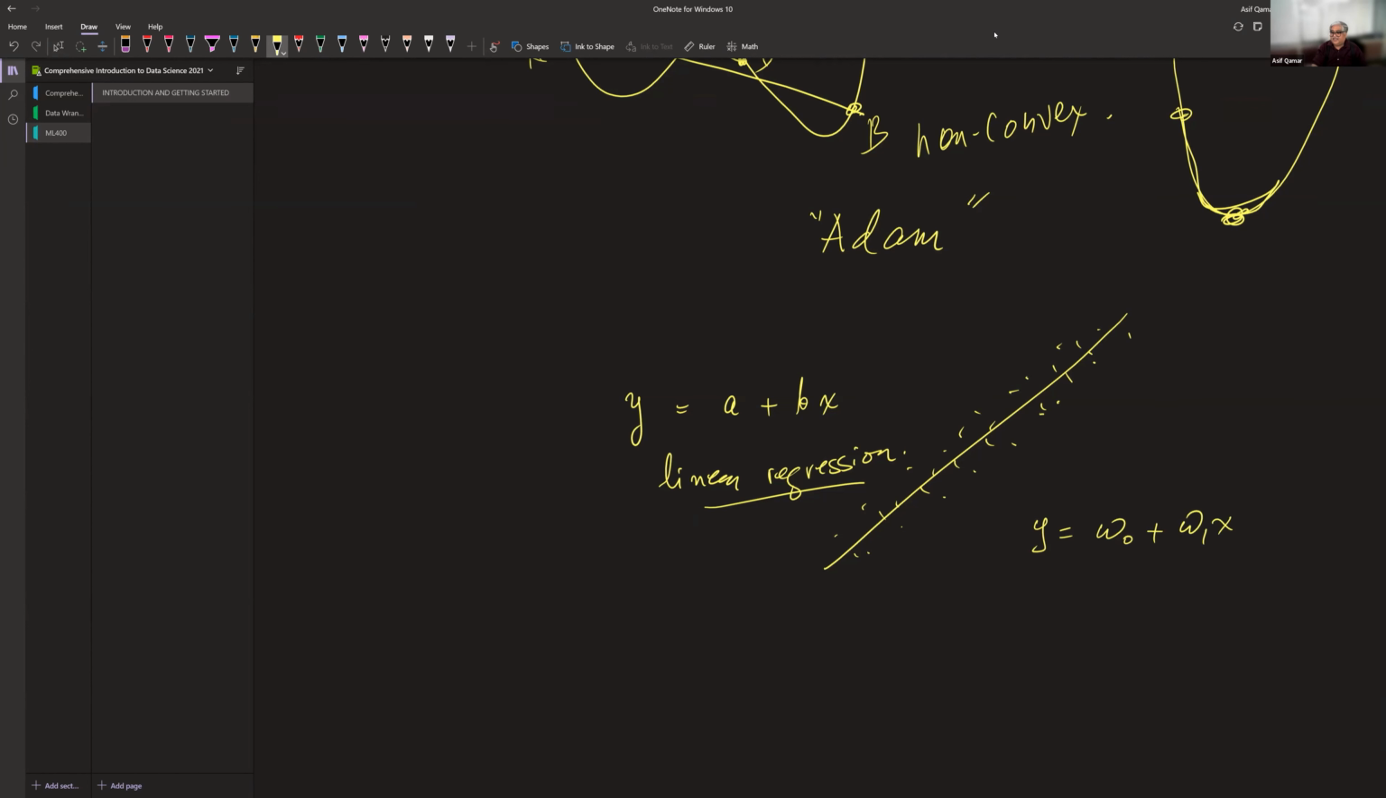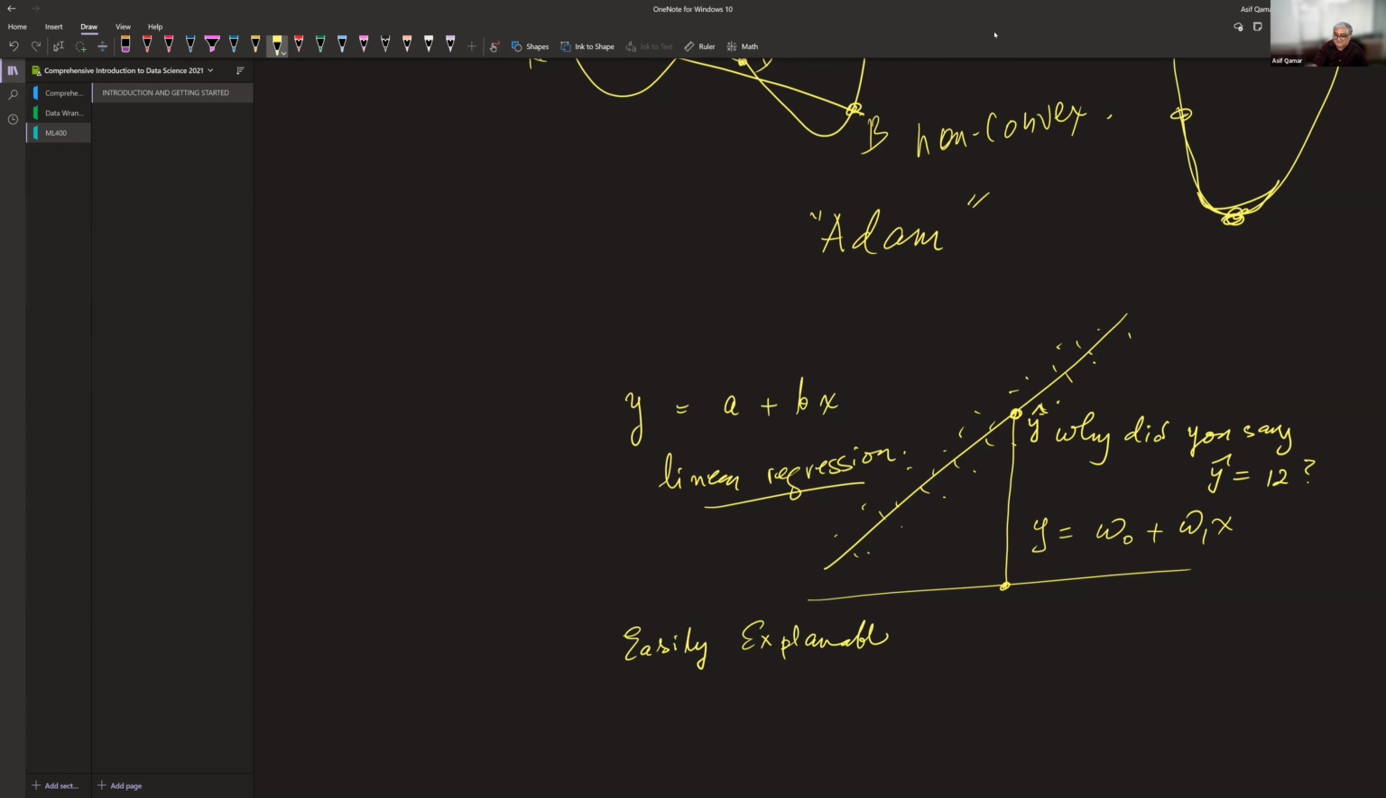If you say that at a given x, why did you predict y? This is y hat. Why did you say, let's say y hat is equal to 12? You can explain what the model was, how the model fits the data. So these sort of models are considered explainable models, very easily explained. Now, it turns out that while these models are very explainable, they are not all that powerful